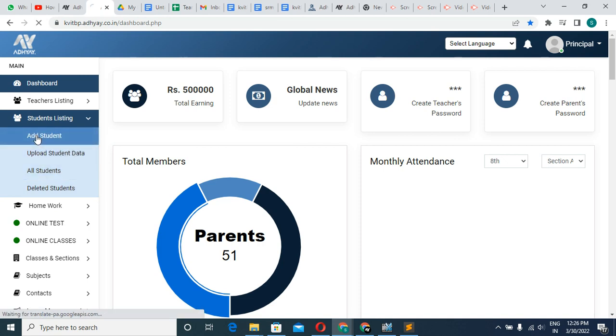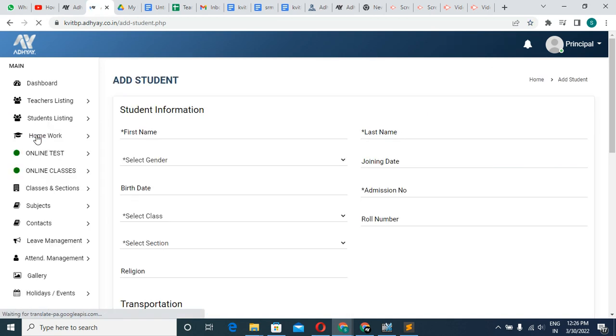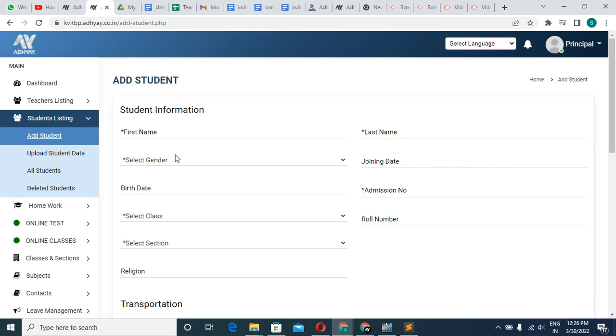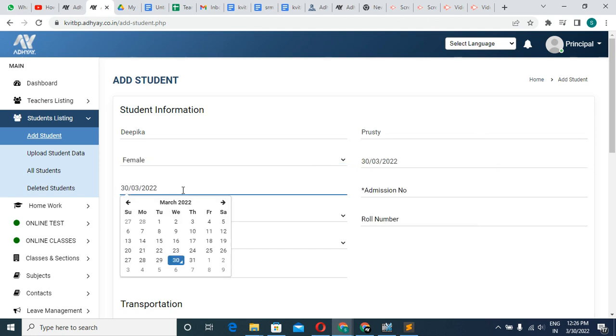Then we go to add students. Here we see the form of student. We fill this form and submit. For example, first name, Deepika, last name, state, select gender, female, joining date, date of birth,